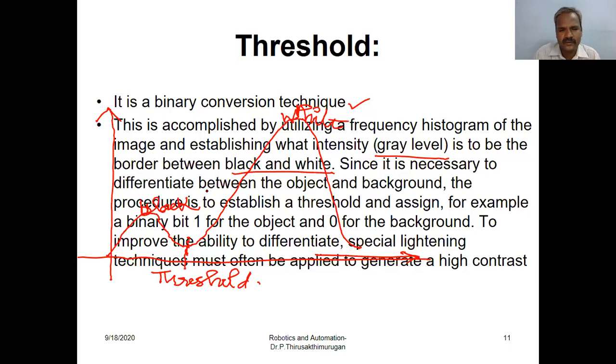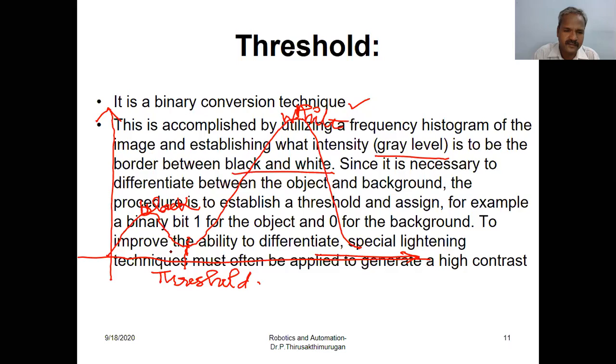To establish a difference between the object and the background, we assume that there is a minimum level. Normally threshold is nothing but the minimum value below which it cannot be detected.